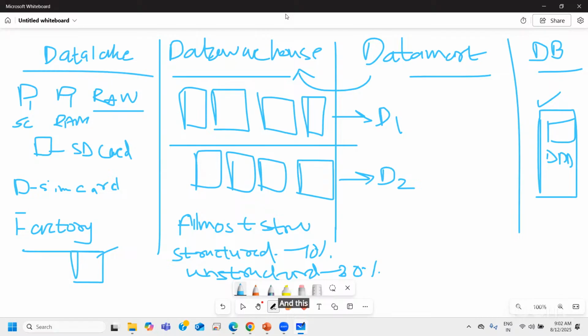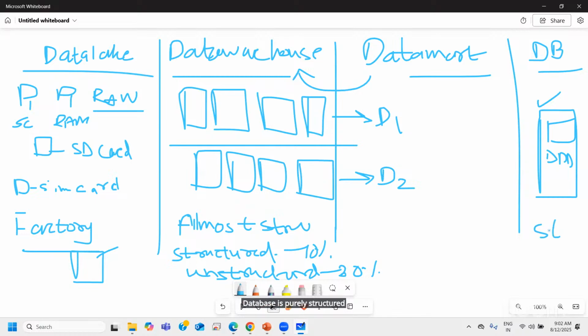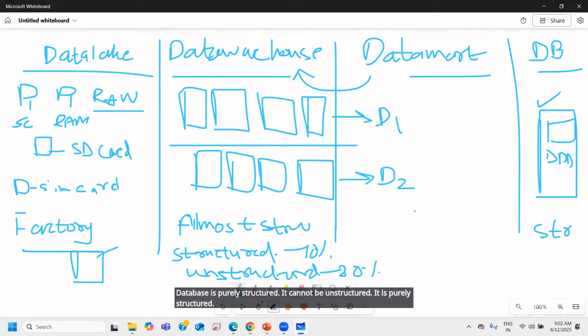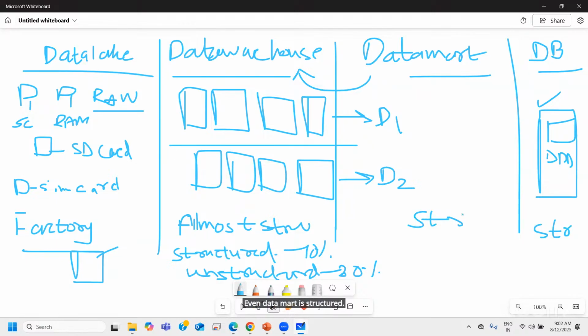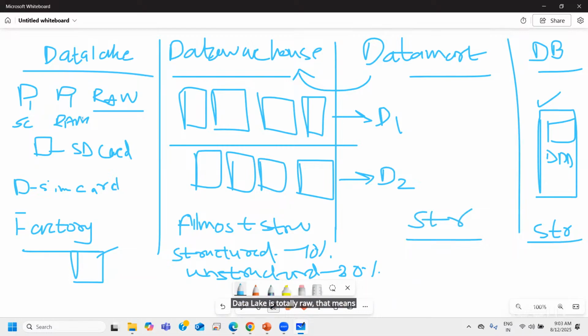And this is the most commonly asked interview question in any data related role. What is a data lake? What is a data warehouse? What is a data mart? And what is a database? A database is purely structured. It cannot be unstructured. Even a data mart is structured. You can call a data mart purely structured too, but a data lake is totally raw, which means it is totally unstructured. It doesn't mean it cannot take structured data. It can take it, but